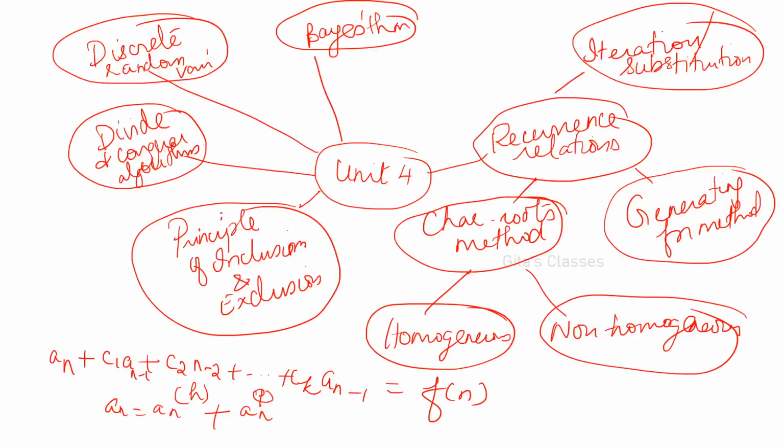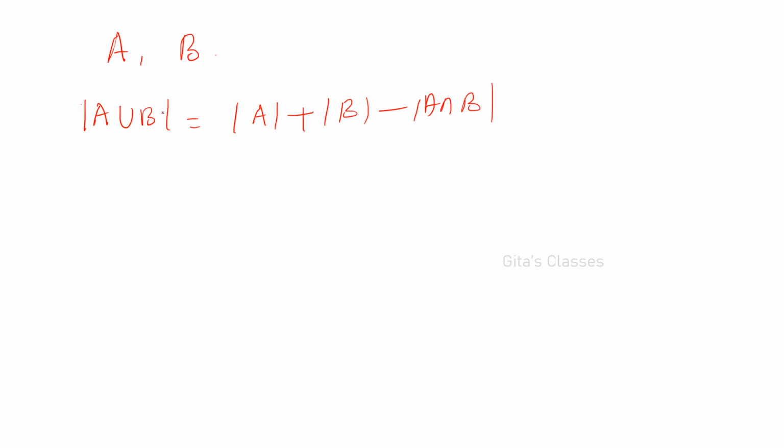Next is the principle of inclusion exclusion. One definite question you can expect is: what do you mean by the principle of inclusion exclusion? For two sets A and B, the cardinality of A union B is equal to the cardinality of A plus the cardinality of B minus the cardinality of A intersection B. Similarly, for three sets A, B, C, the cardinality of A union B union C is equal to the cardinality of A